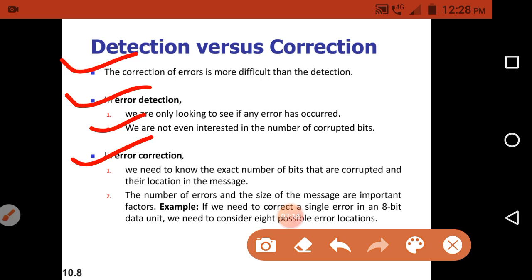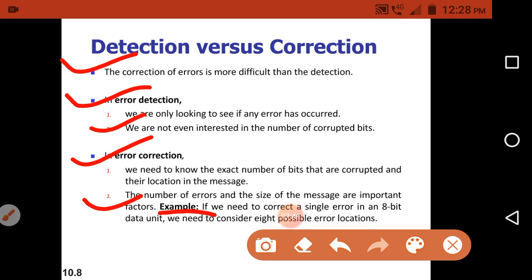In error correction, a second point is that the number of errors and the size of the message are important factors. For example, if you need to correct a single error in an 8-bit data unit, we need to consider 8 possible error locations.